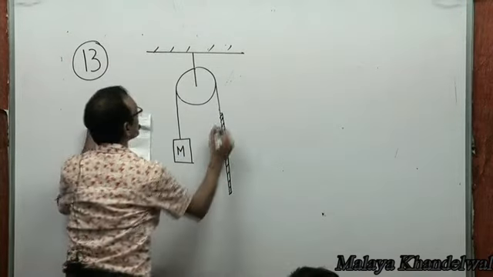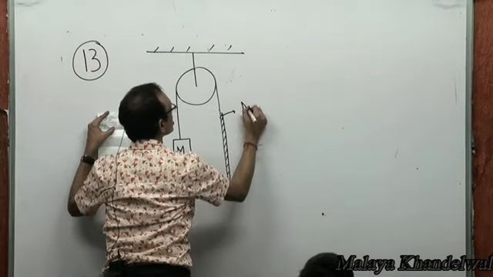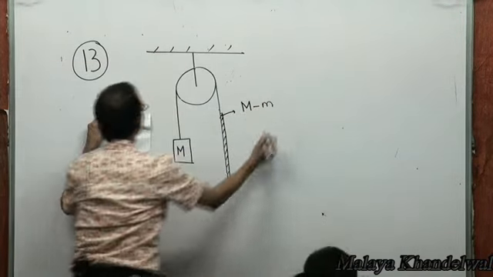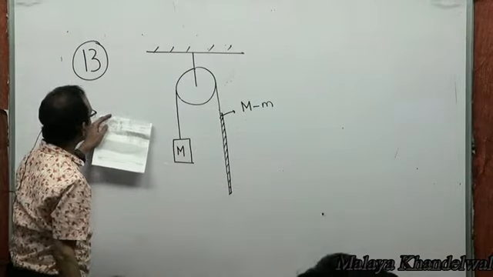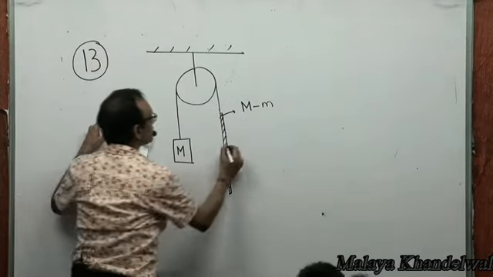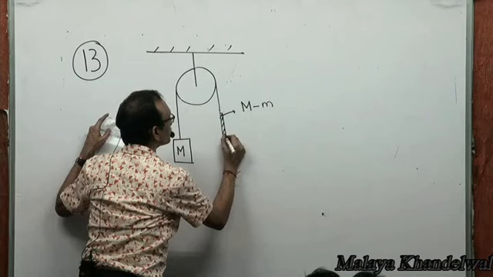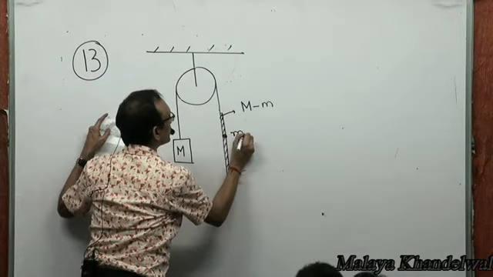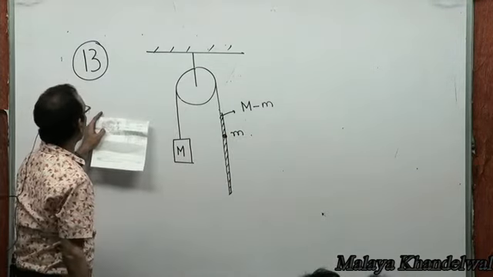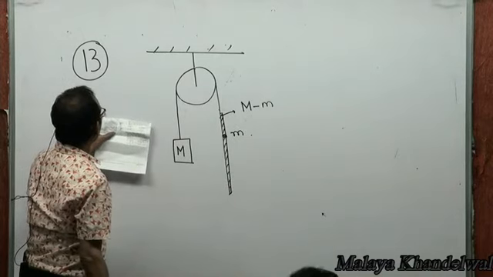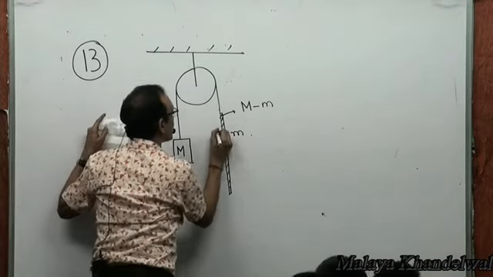The mass of this rope is M minus small m. Capital M minus small m is the mass of this rope. Then there is a person of mass small m trying to climb up the ladder,